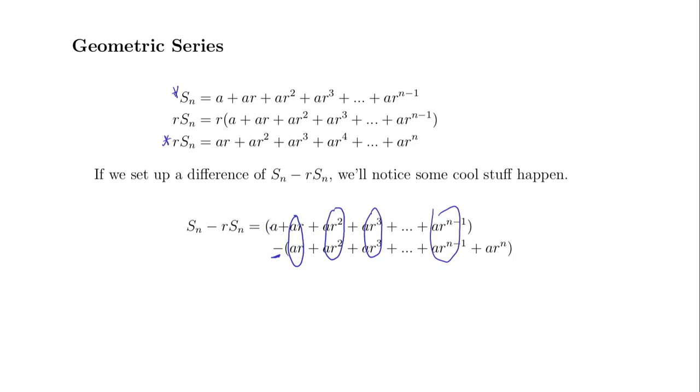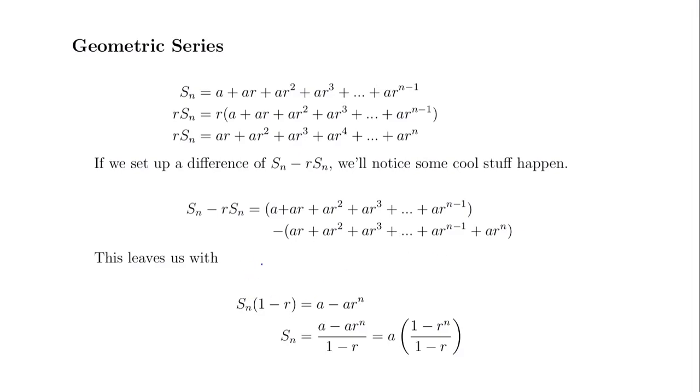And so all we're going to be left with is a from the regular partial sum and a minus ar to the n from this r times S sub n partial sum. So that's what we're left with. I did a little factoring on this. This is really S sub n minus r S sub n, and I just factored out this common factor of S sub n. So this is what we really have here. This weird difference of partial sums with that r factor on it is really just a minus ar to the n. Then you can solve for S sub n by dividing by this little quantity,